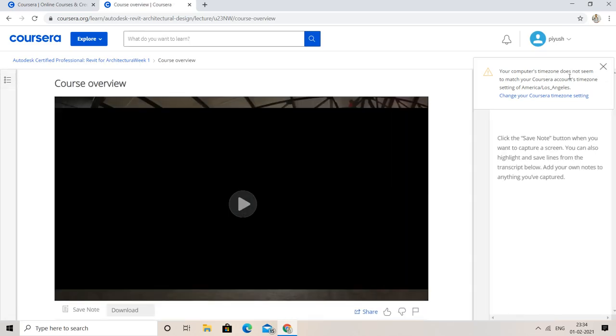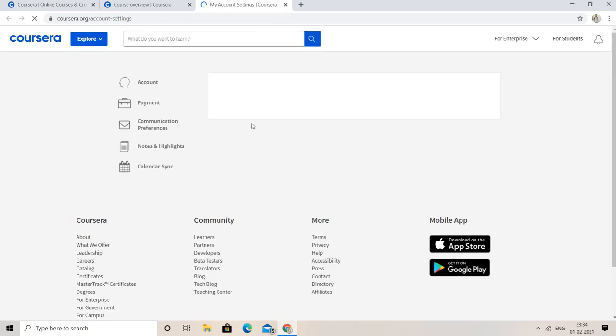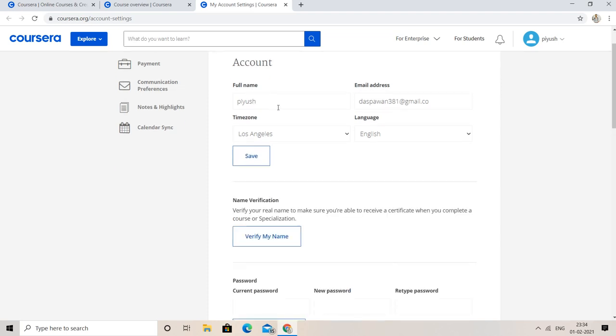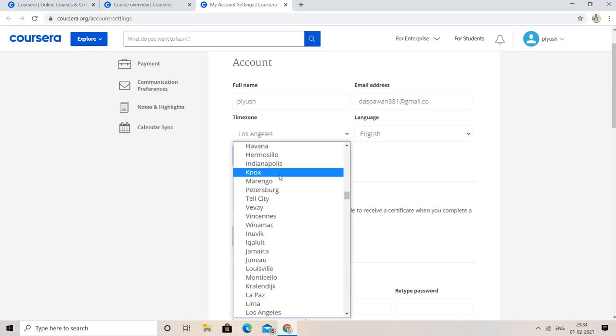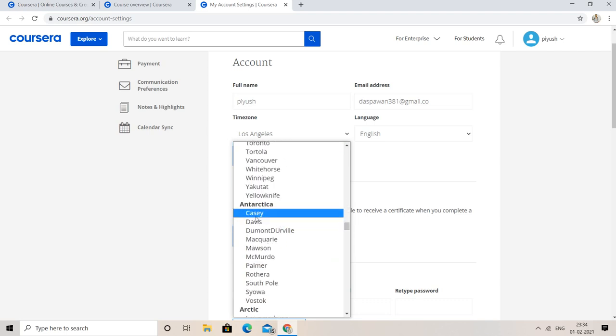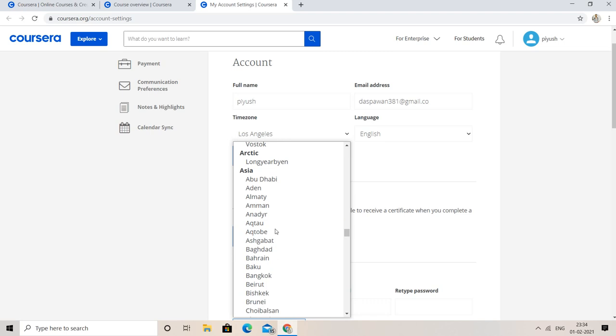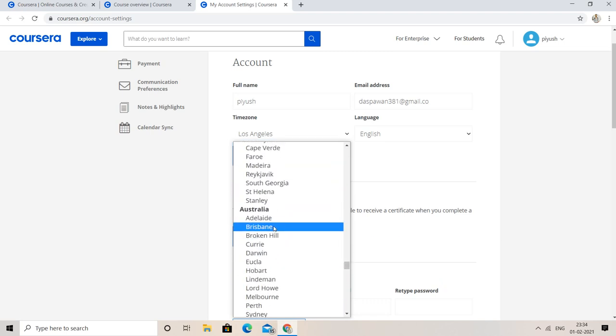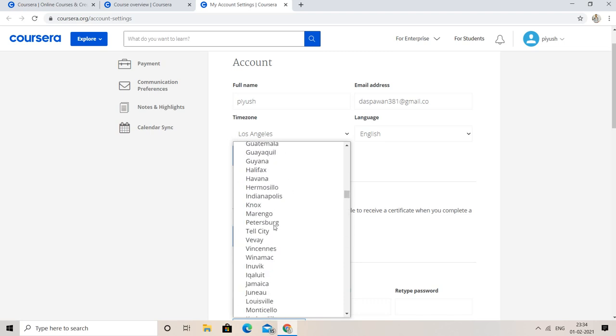Here you can see a message: your computer's time zone does not seem to match. Change your Coursera time zone. How to do it? This is also most important for your certification course, because your name will appear on your certificate. The time zone now shows Los Angeles. If you are from India or somewhere else, you need to go with your continent, whether Antarctica or Arctic, whichever continent you belong to. I belong to Asia,